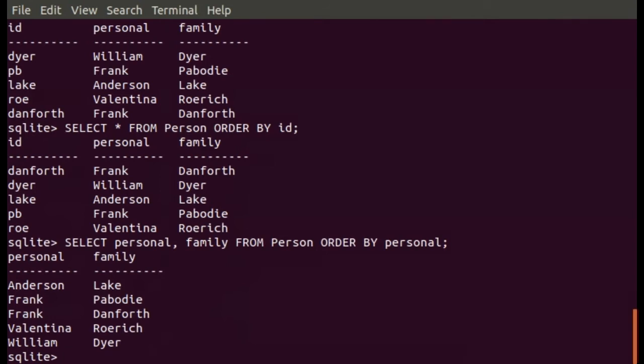And you see that now the data is sorted by the personal name rather than the ID. Also, you can sort by personal, and let's see if there is a